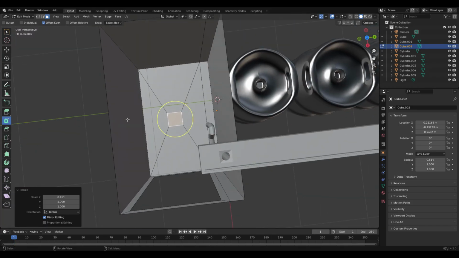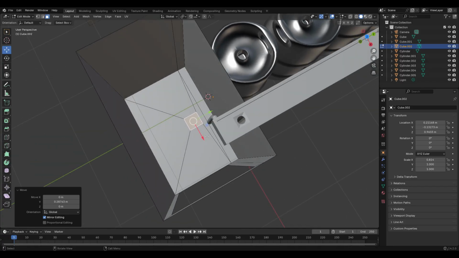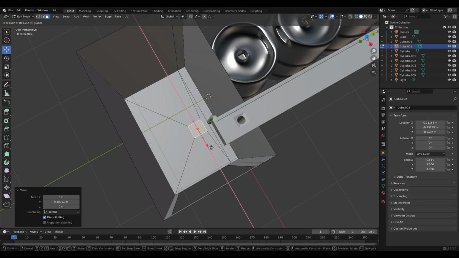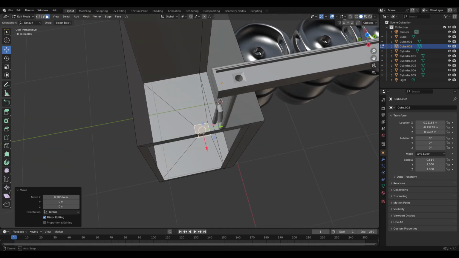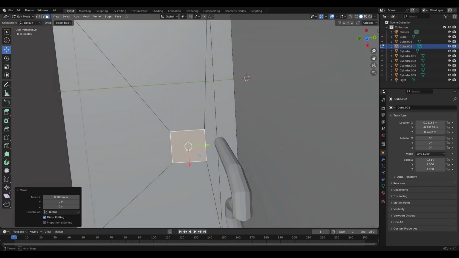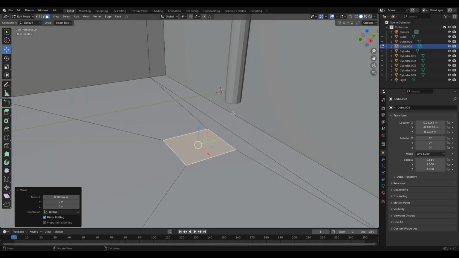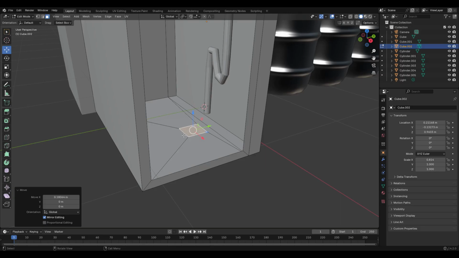And now we're going to move this over to about, we'll say about there. Have it a bit offset. Yeah, about there. So now, if you can guess what we're doing, we are connecting these two. But first,